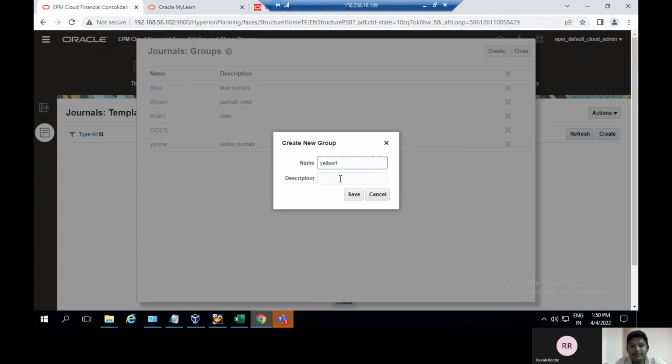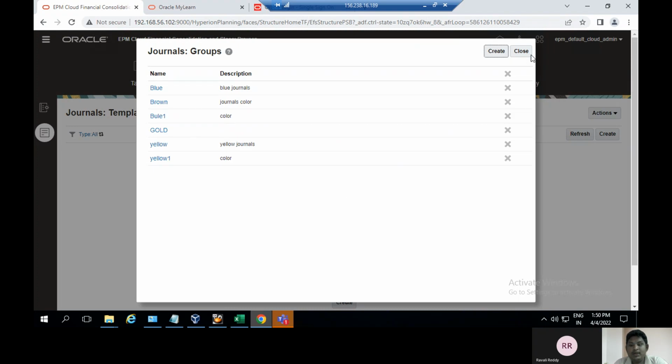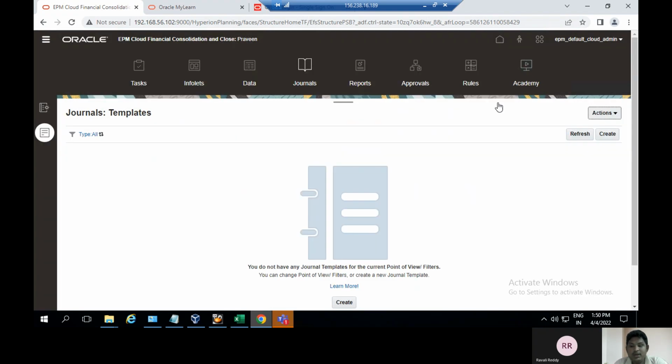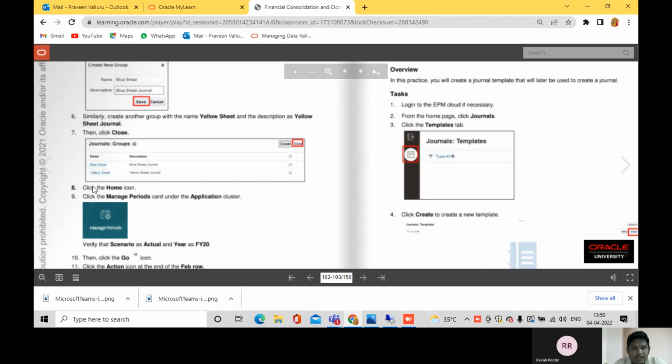Yellow One, and here the description is color. Save. Here to save and then close. The colors are created here, and then after go to the yellow sheet and description here to create it, and then click on the home icon, click